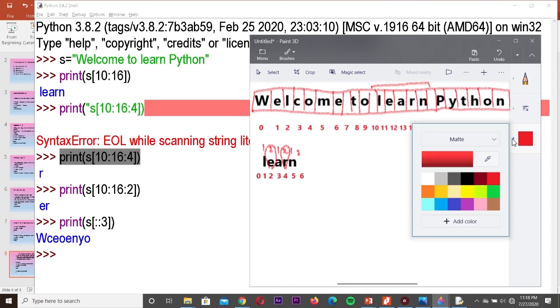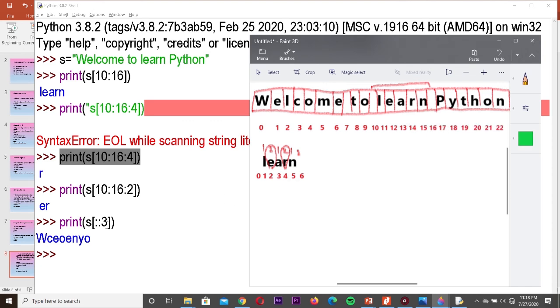Now 3 has been given. So we have to stride 3 steps. Move forward 3 steps after displaying the first character. What is the first character? It's W. So we have to write W first, then 1, 2, 3, then 1, 2, 3, then 1, 2, 3.